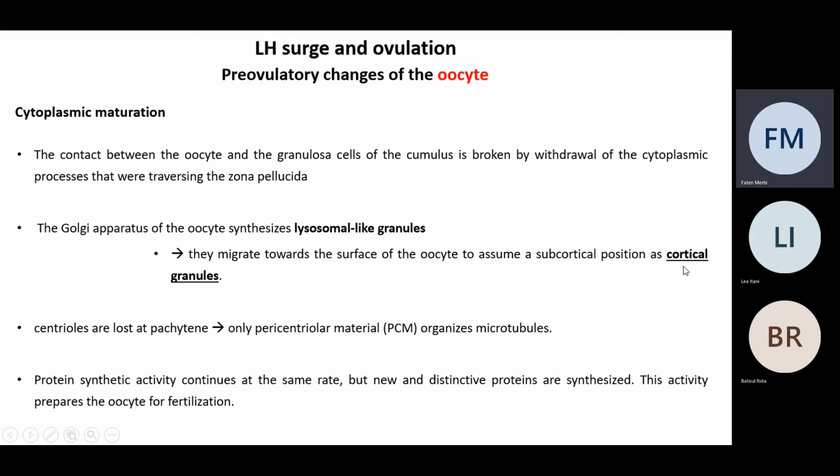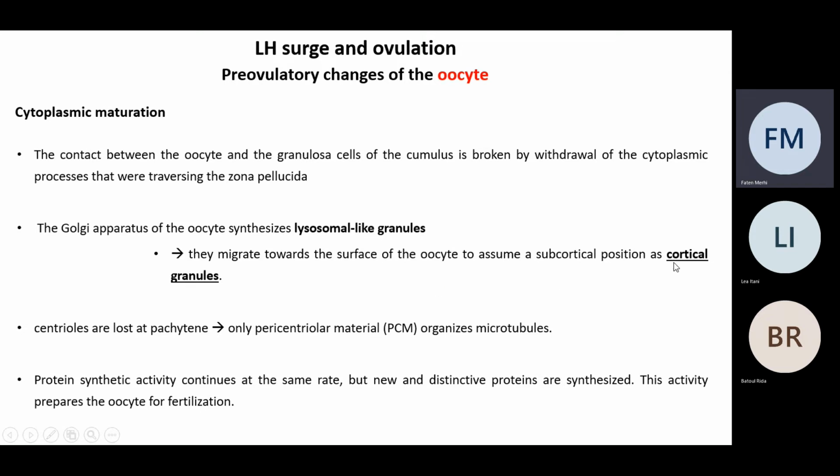they will be needed during the fertilization process to avoid polyspermy. Polyspermy means that more than one sperm cell will fertilize the oocyte. So we need those cortical granules to avoid the polyspermy process. In fact, after the first sperm cell reaches the zona pellucida of the oocyte and interacts with it,